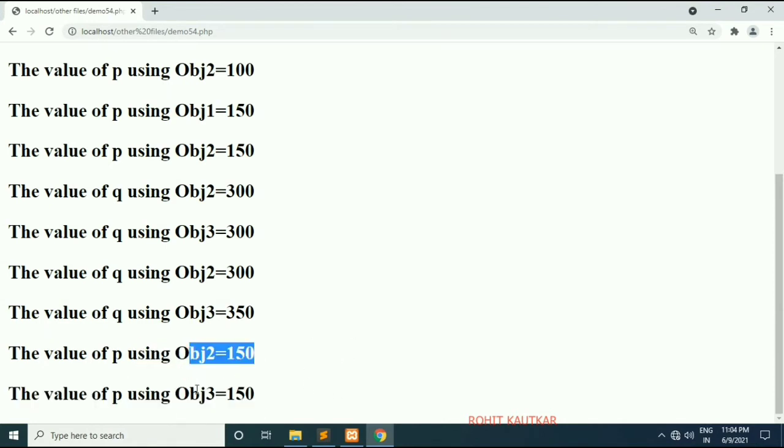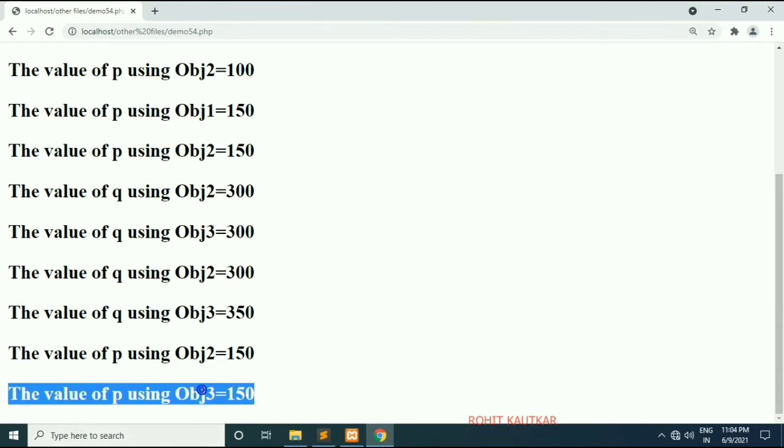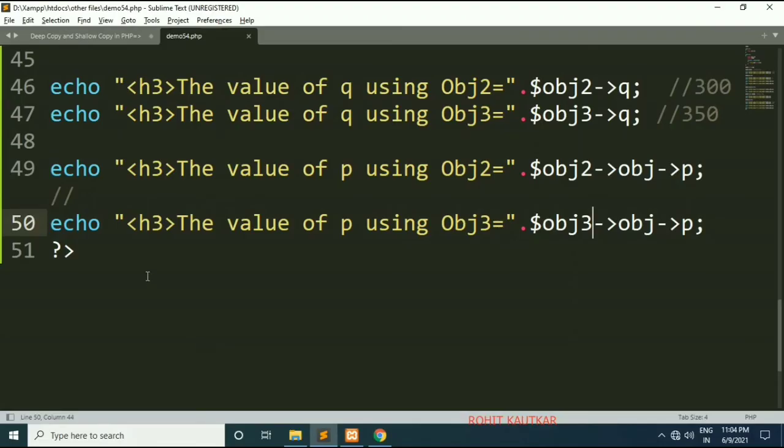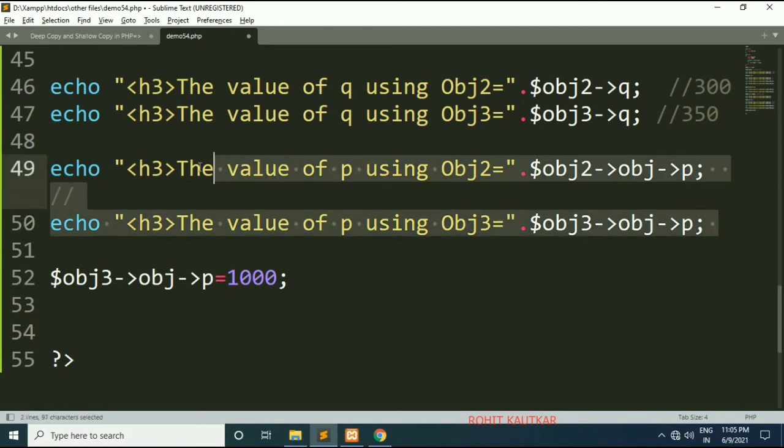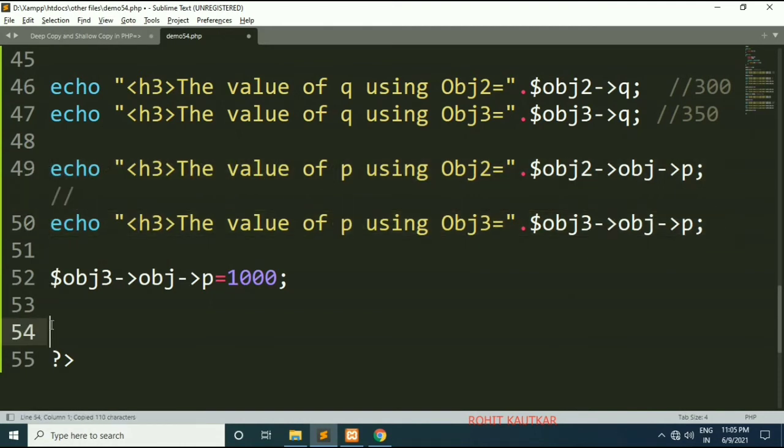Now I will modify the value of p using object 3. So let's see what happens. I will write here $obj3 object operator p is equal to, I will make it 1000, and again I will print the value of p.